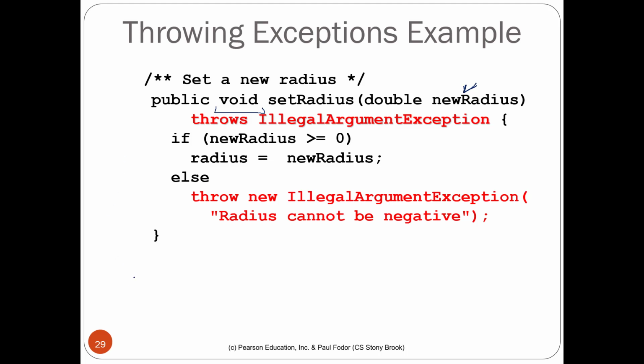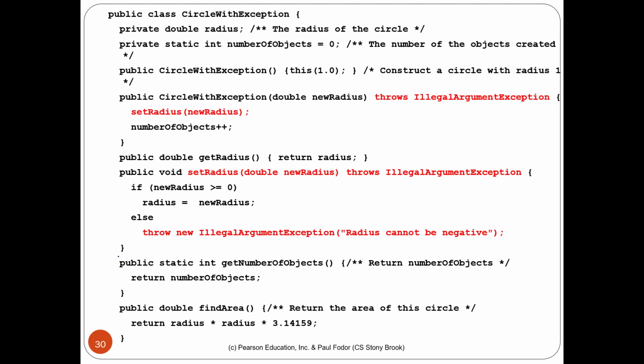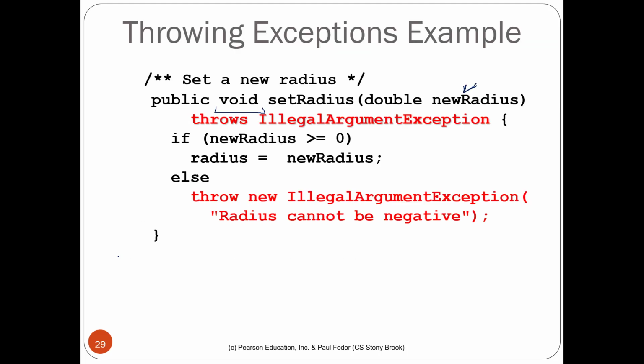Yeah, so this is an interesting example. So I'll encourage you to have a look at it and make sure that you understand it. And if you have already written a circle class, why not extend that circle class and change your set radius method like this? Alright, so I think I can take the next slide as well,